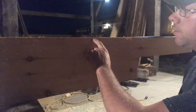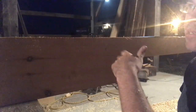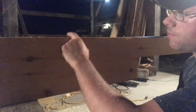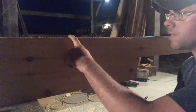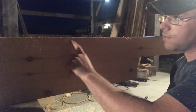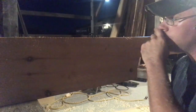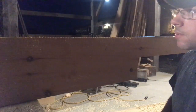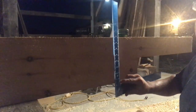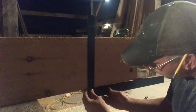So if I were to measure down 1/2 inch for a 1/2 inch housing here, because that's what my general frame rule is, everything's in a 1/2 inch housing, if I were to measure down that 1/2 inch housing from this bottom here, this is not my reference face. When I go to set this top plate on top of a wall post, I'd end up with 1/8 of an inch gap in there. It wouldn't be sitting on top of the post all the way. So what I want to do in order to correct that, and this is how you deal with timbers that are out of whack from your own sawmilling,